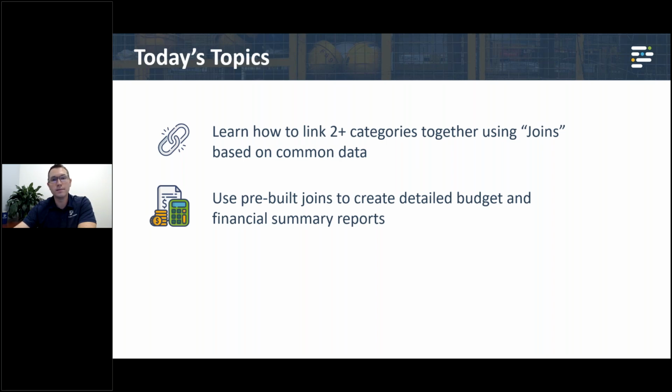So you don't really ever need to get into that joining area. You certainly can, but you shouldn't have to very often. So we're going to make a budget report together. I'll talk about joins and show you joins, but you actually don't have to manipulate joins in order to make your budget reports, because we do some things just kind of out of the box within the system that'll help